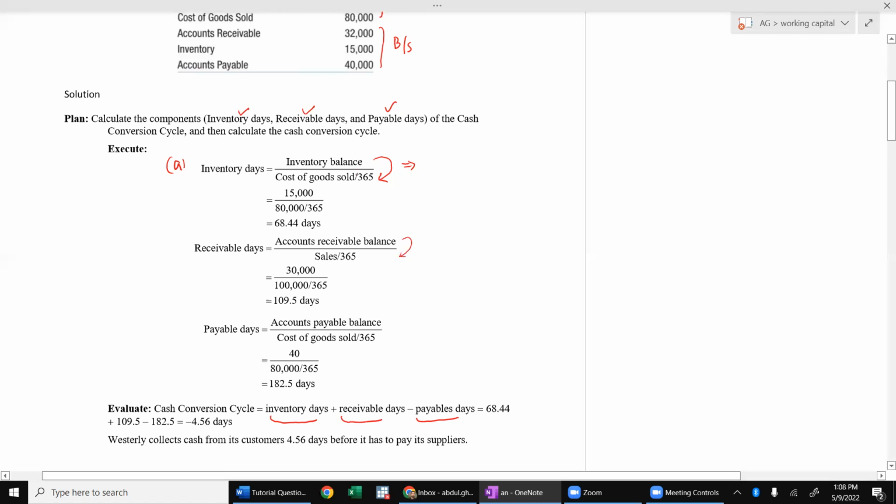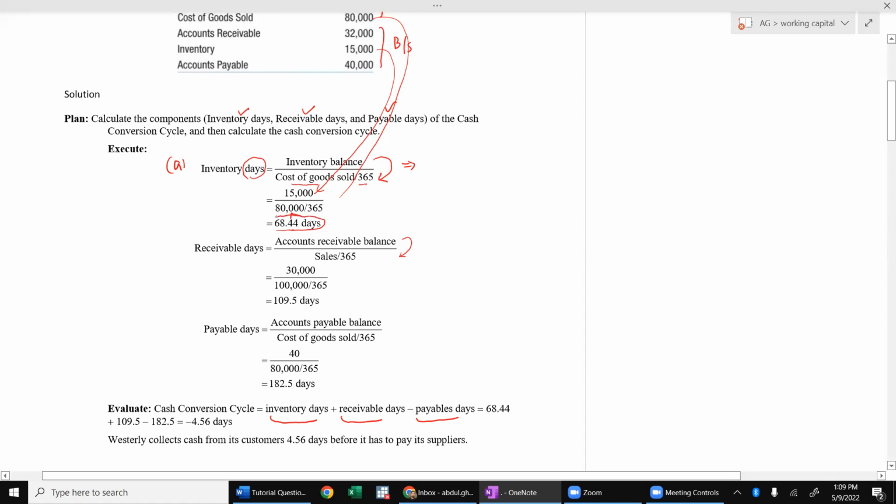So inventory balance in the balance sheet divided by COGS coming from the income statement, divided by 365, because we are converting it into days. So we have to divide the annual cost of goods sold by 365 to get daily information. Okay, so inventory is how much? This is 15,000. COGS is 80,000,